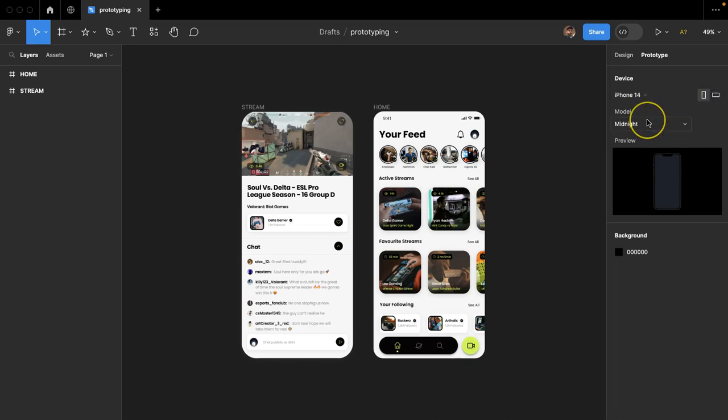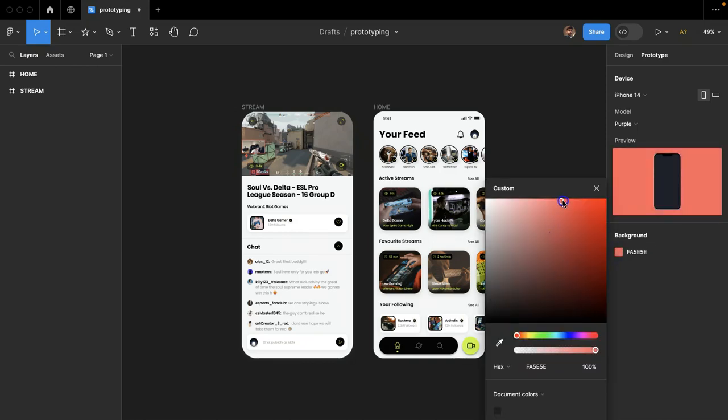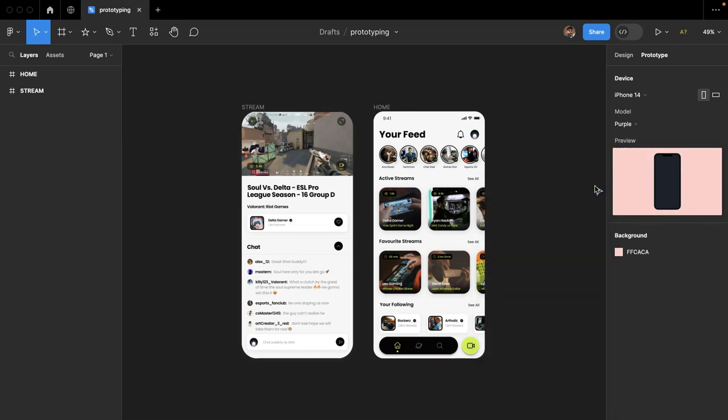The next one is you can change the color of the device. Let's say if I keep it as red, it will become red. Starlight, let's see, we'll keep it as purple as of now. And the background that is behind the prototype device can be changed from here. Let's say I want any of these colors, I'll keep something on the lighter side. Okay. So by doing this, now you have selected the device on which you want your designs to be displayed